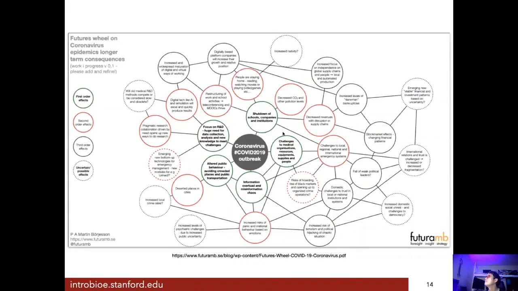Right? So we've all experienced the coronavirus outbreak back in 2019. And a first order consequence of that is that we saw that schools shut down and companies shut down and other institutions shut down. And because of that, there was a second order consequence of people staying at home, doing whatever they do at home. And because of that, it was a third order consequence of digital platform companies increasing their growth and standing in society, like Zoom suddenly became a thing,